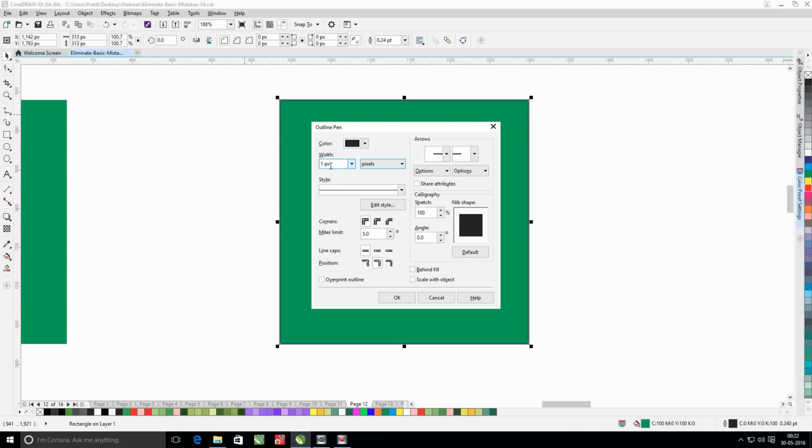Now by the way the CorelDRAW applies outline is that half of the outline goes inside the object, or rather behind the object. So what I can do is I can double this pixel value and turn on the behind fill.